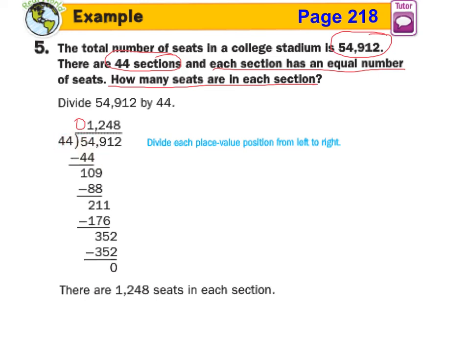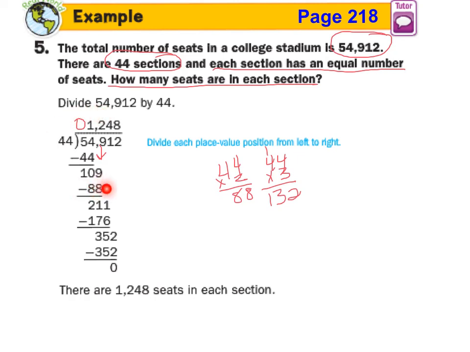So we bring down 44 and subtract, we get 10. And then we're going to bring down the 9. And 44 goes into 109 about 2 times. Because I might be doing some kind of chicken scratch over here. 44 times 2 would be 88. 44 times 3 would be 132, which would be too big. So we would go with the 2